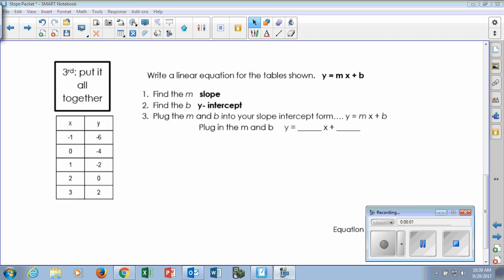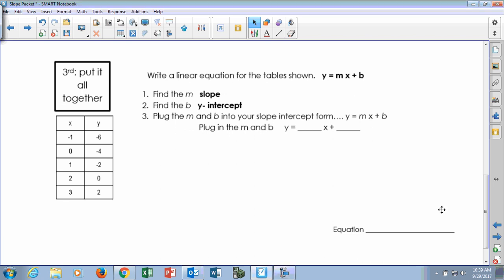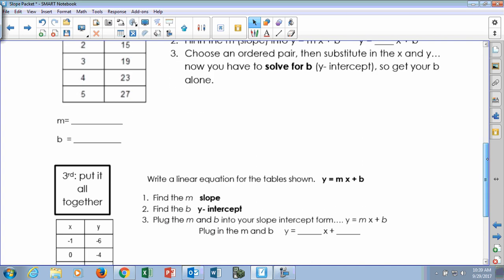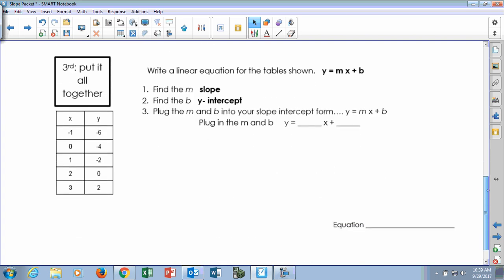All right, so we're going to finish up this packet from yesterday. Yesterday we left off at what happens when they don't give you a 0 on the table. Well, the example underneath it, unfortunately for you, they give you a 0, right? So we can identify the y-intercept right here. It's when x is 0, right? So the y-intercept is,